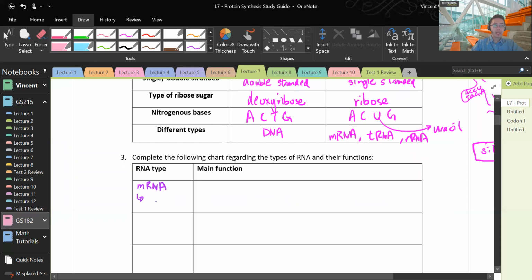mRNA. So the M stands for messenger. Essentially, what this is, it is a copy of a gene which contains the instruction to make